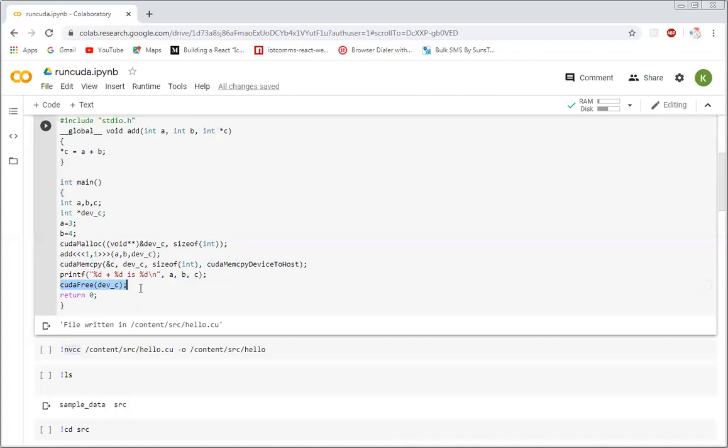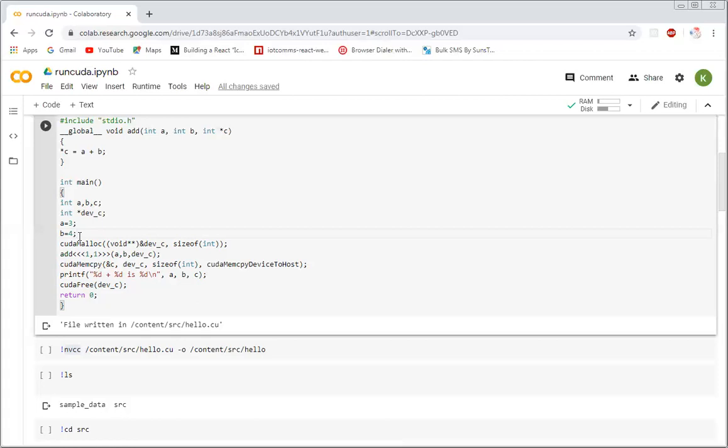The next example that we have to see is the summation of two vectors. This was just one variable, and for summing up one variable, we are using this kind of extra burden of allocating memory on the device side, executing the function, and all those things.